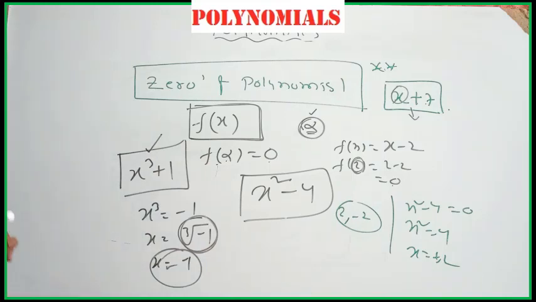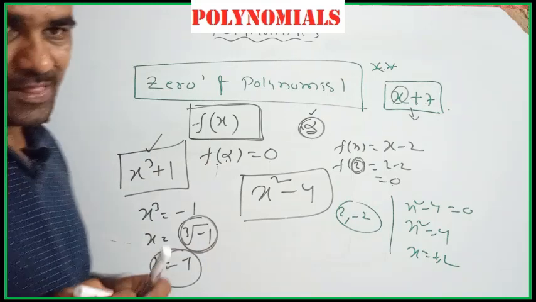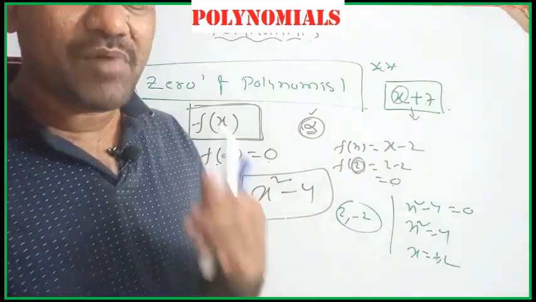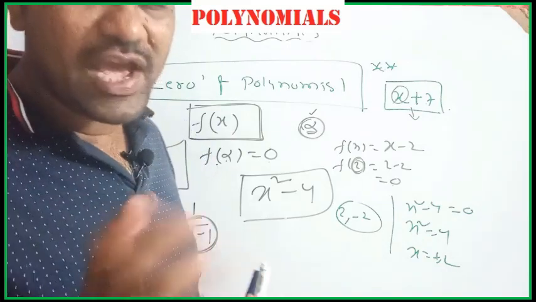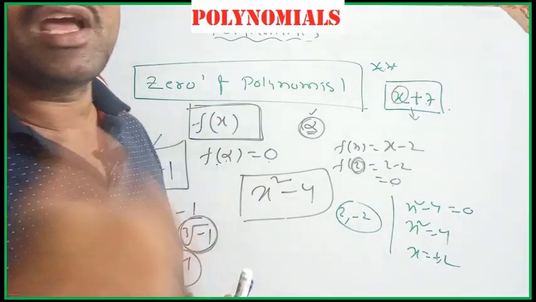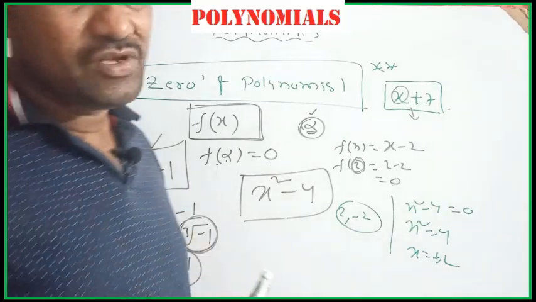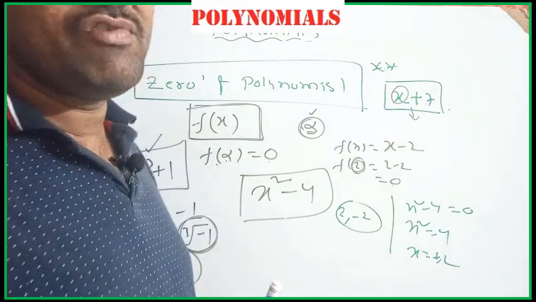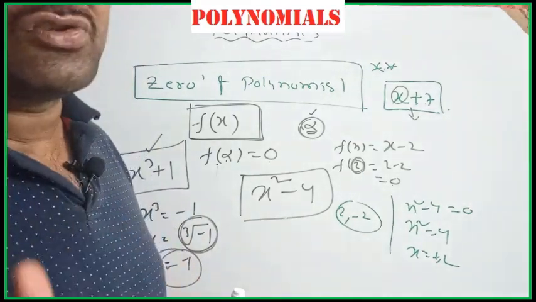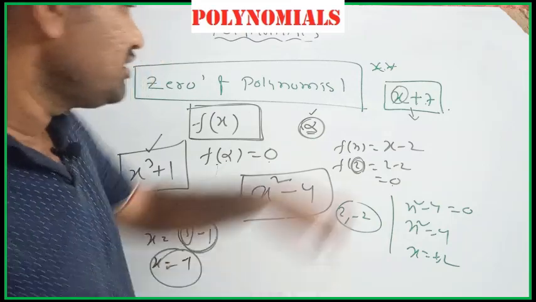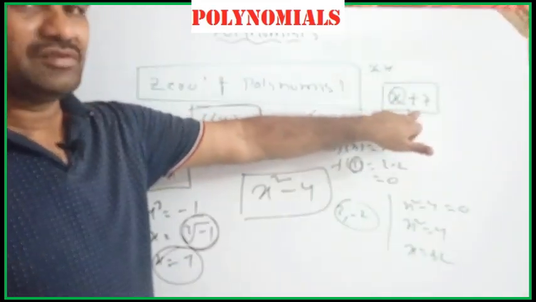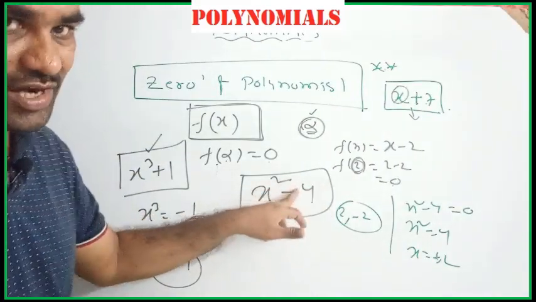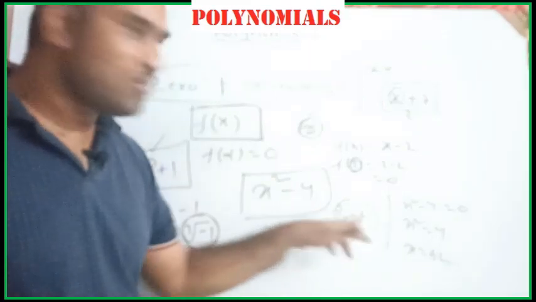Why am I saying one of? Important note: the fundamental theorem of algebra says that any nth degree polynomial involving one variable should have n zeros, not more than n zeros. Once again, listen. See here, this is a first degree polynomial, it should have 1 zero, minus 7. This second degree polynomial should have 2 zeros, 2 comma minus 2.